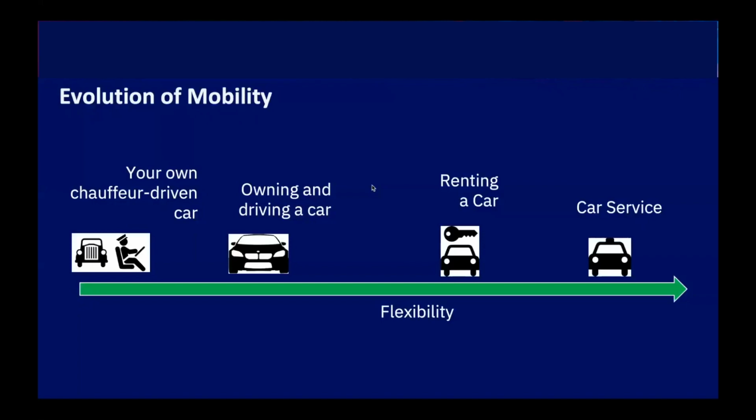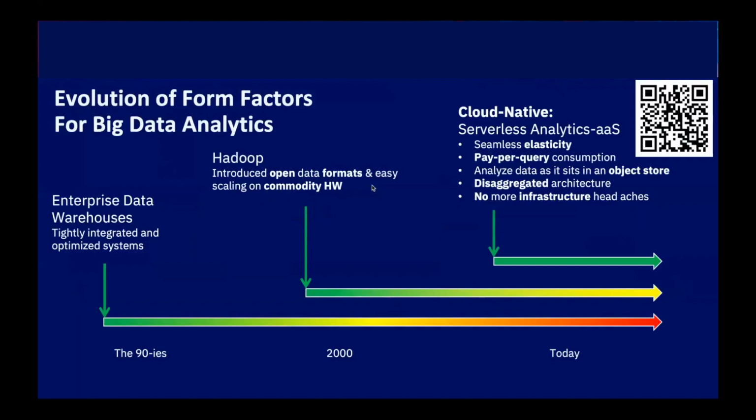And if you take this principle, that's something that we also see more and more in IT, and maybe even more specifically in data and analytics. For the area of big data, there have been for a long time very specialized systems, and they are still there, enterprise data warehouses that are really optimized for storing large volumes of big data and processing and analyzing it. And they are highly integrated and sometimes even come together with hardware as an appliance.